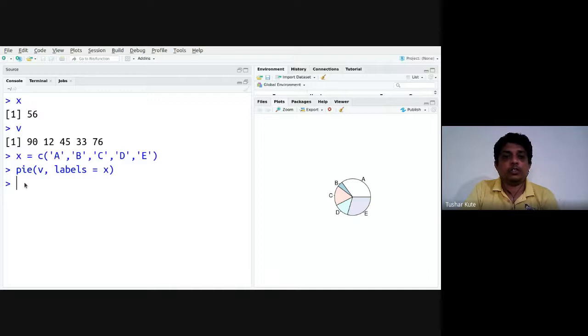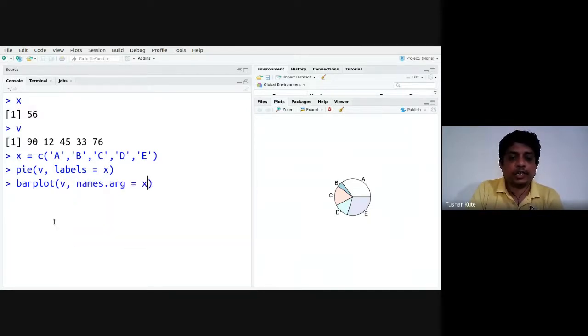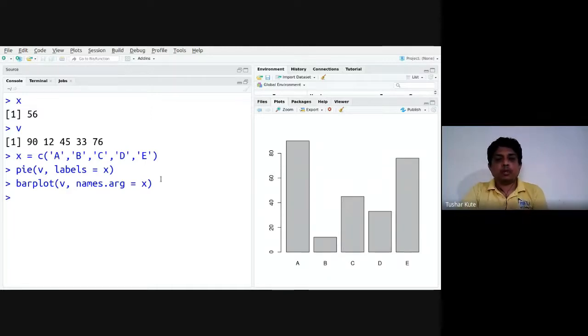Let us see this barplot function. Barplot, and use this same data V. And this is the data which is present on the X axis, V, and I need to assign the names to it as X. These are the names on the axis. A, then B, C, D. So A is containing 90 here, then B, C, D, E, like that. So this is how the bar plot can be made.